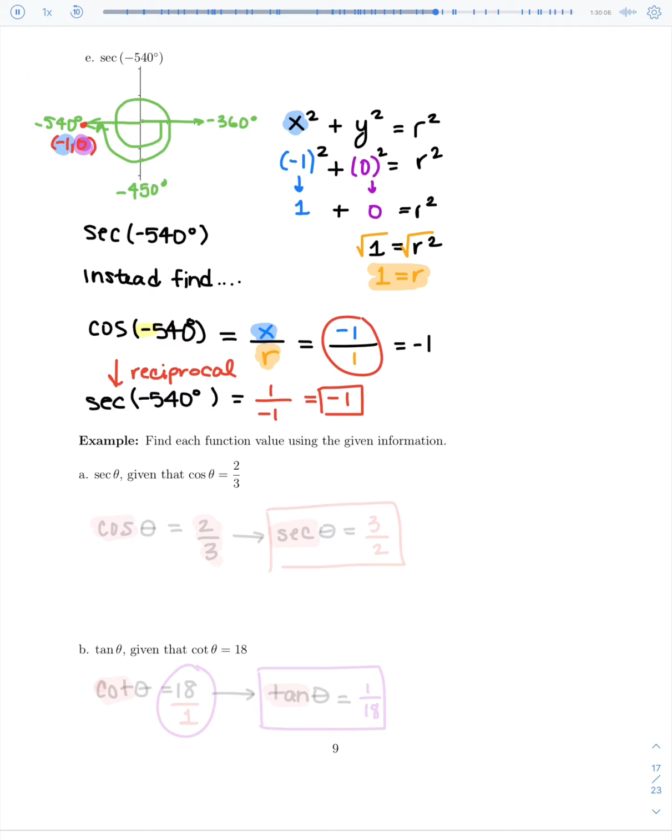So this was a good idea for problems A through E here, to take a look at specific trig functions for the quadrantal angles where you land on an actual end of a quadrant or beginning of a quadrant. Continuing along, and this